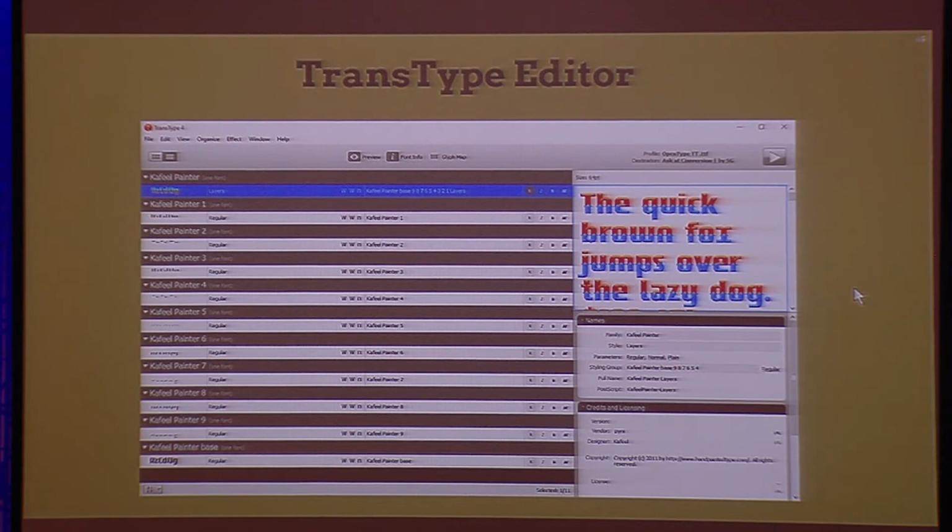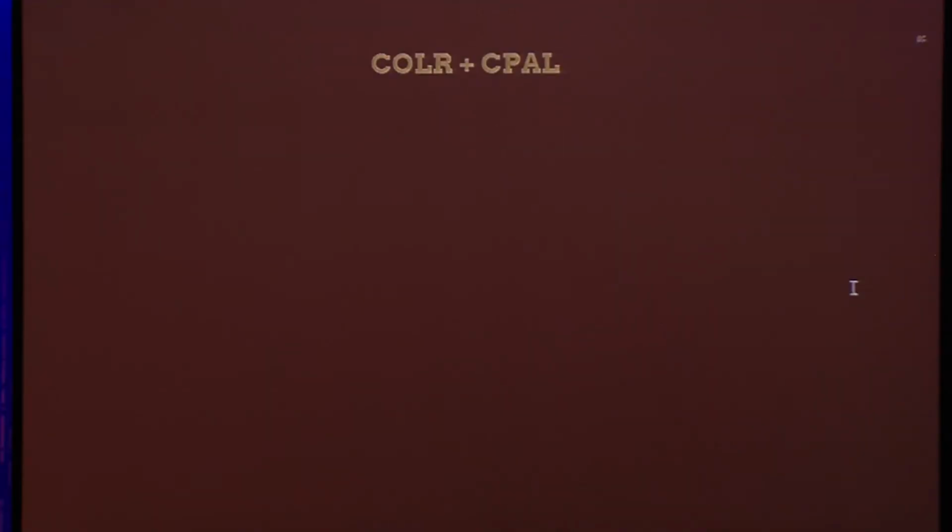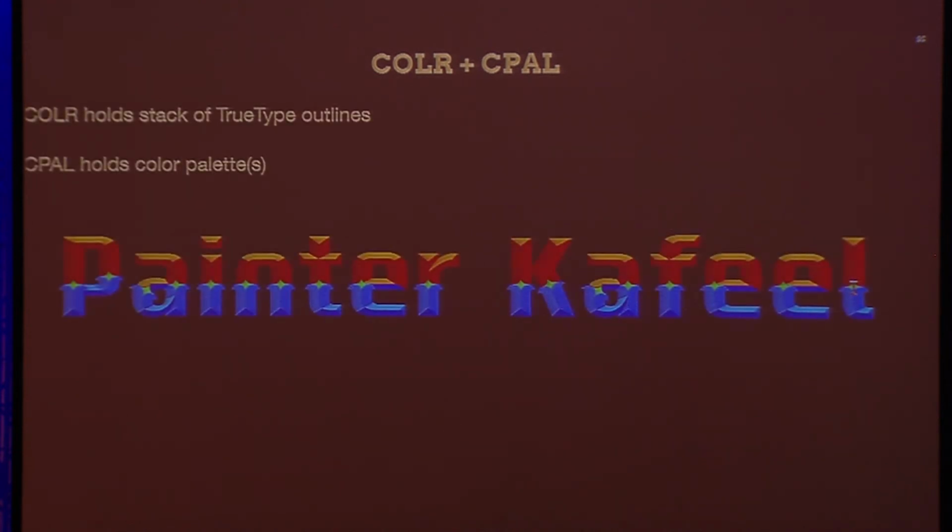Here you can see I've brought in these multiple fonts, combined them into one, set some colors, and saved it out. So this is the first one. COLR is the palette that holds the TrueType outlines. And CPAL is a palette, so you can say which colors you're using in that font. And then it looks like that. That is a COLR plus CPAL font being displayed in Firefox. So in the actual font, I said that this particular bit has to be dark red and this particular bit has to be orange and